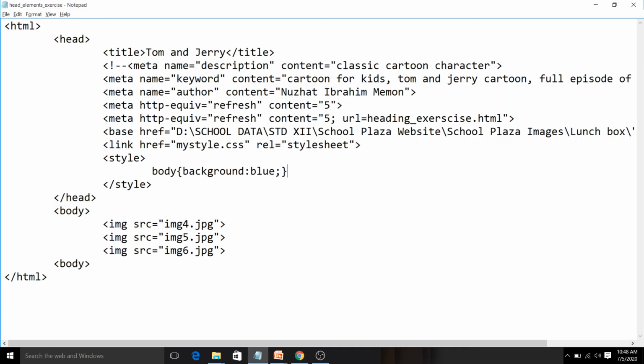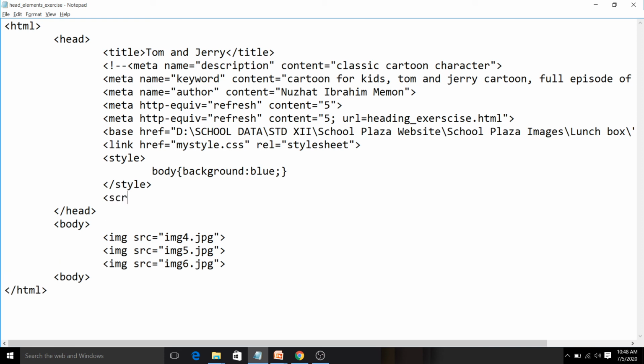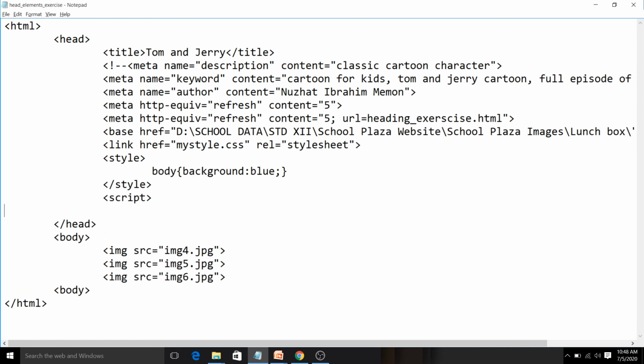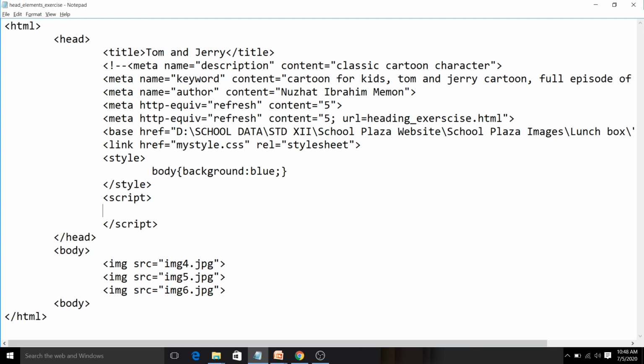And the last tag in HTML elements we will see today is the script tag. For that you need an opening script tag and a closing script tag. Here I will close it. Whatever stuff you have, you have to write here. That is not in your syllabus. Just remember, script tag is for a client-side scripting language. So we will do validation on the client side. Once validation is done, then we will proceed with the web page to the server. So it is a client-side scripting language.